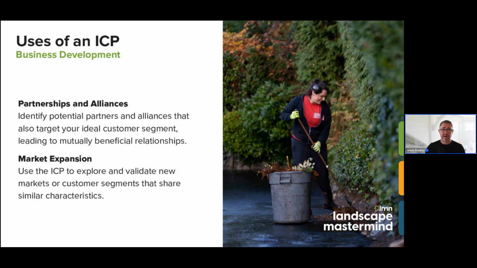Again, looking at market expansion, what could a customer profile do there? Ultimately, what it's telling me is, hey, right now I'm servicing this customer with these service types. Maybe I could look at other service types that customer profile needs that are sort of up my alley, or something that we would easily be able to service, either internally or potentially even with a subcontractor. And it just allows me to expand our service type, or it could even really expand a service area. And so again, that ICP just allows us to consider market dynamics and really look at opportunities